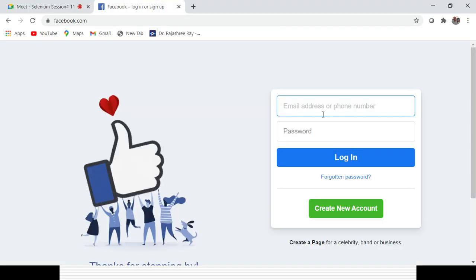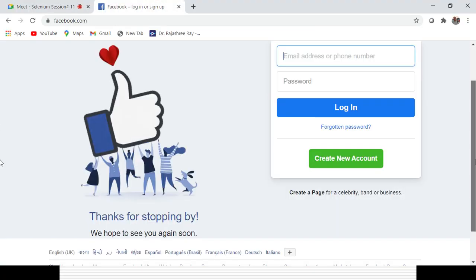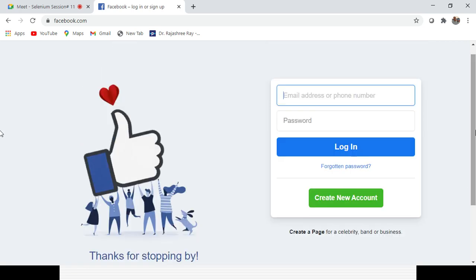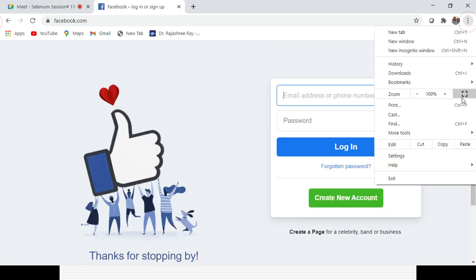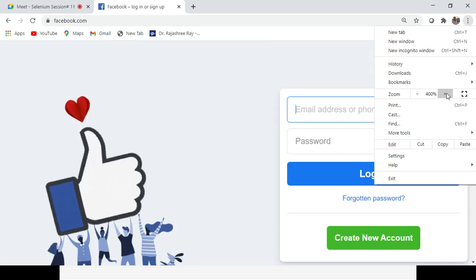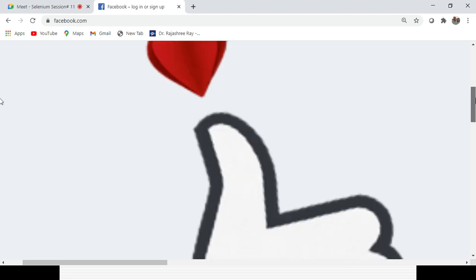Suppose you can see some scroll bar is available here in the vertical direction. If I zoom the page to a higher percentage, another scroll bar also comes at the bottom. So I can move down and move up like that. This is the scroll bar, through which I can go vertically or horizontally, in the right or left direction or the upward or downward direction. That is the reason a scroll bar is required.